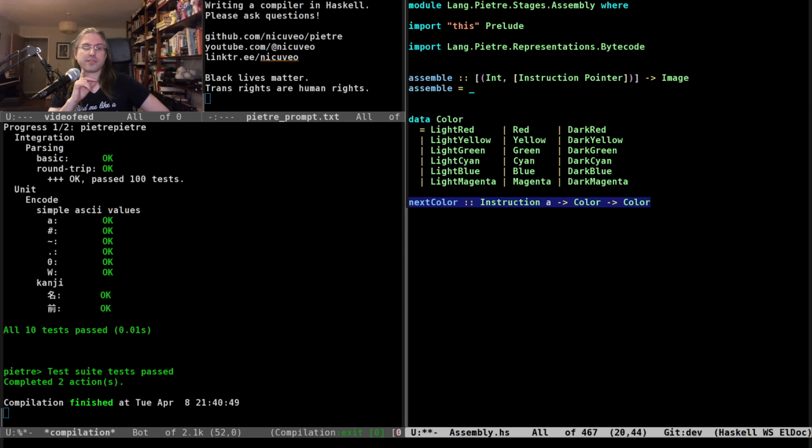Knowing that some instructions that we have in our enum type are not Piet instructions, but blocks that are special. And I think basically what we want to return in that case is our starting color.